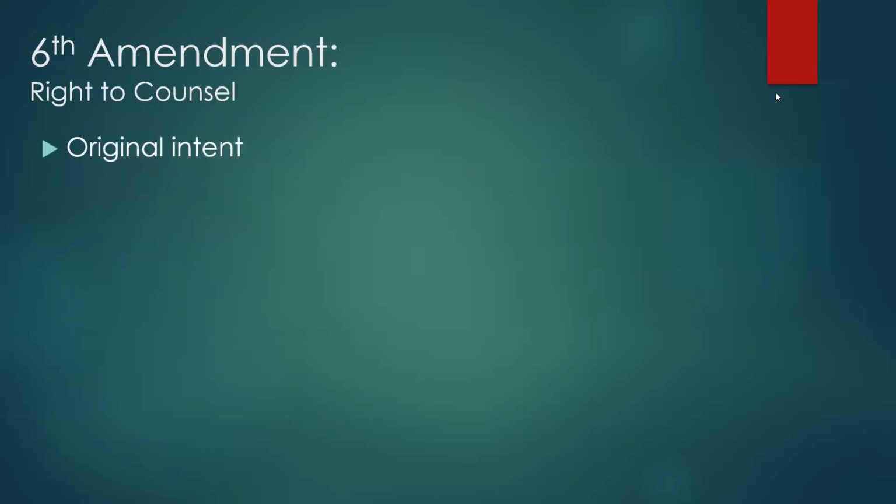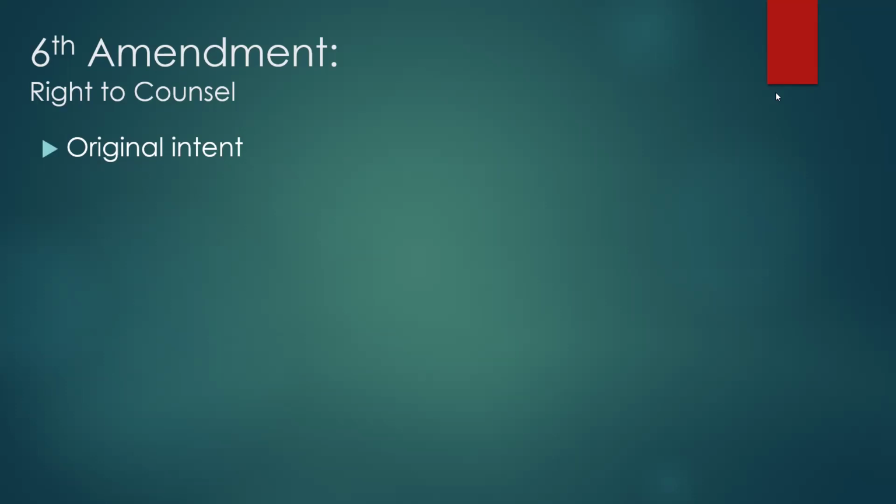All right, the Sixth Amendment, right to counsel, is where we start. The Sixth Amendment guarantees the right to the assistance of counsel. And the original intent of the Sixth Amendment was that the national government, remember this is in the Bill of Rights, so we're starting out just limiting the power of the national government, could not deny someone an attorney. So it did not require the government to provide an attorney. It just meant that the government could not prevent someone from having an attorney. Okay, so that's the original purpose of the rule, only applied to the national government.